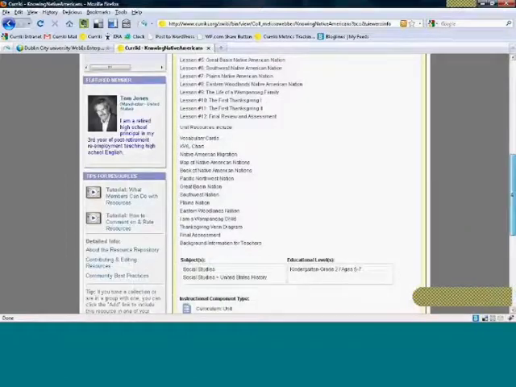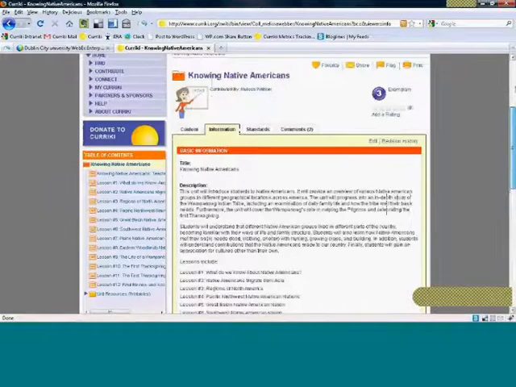Also on this tab is a section on the revision history. And the revision